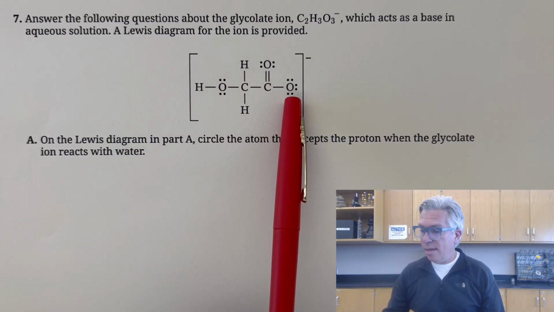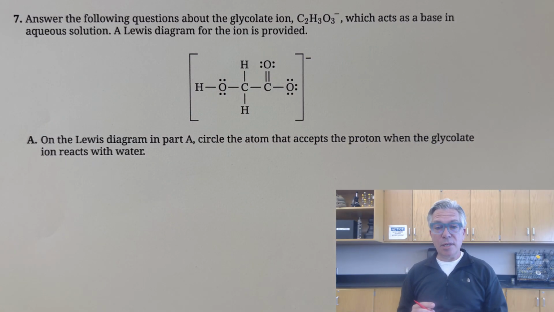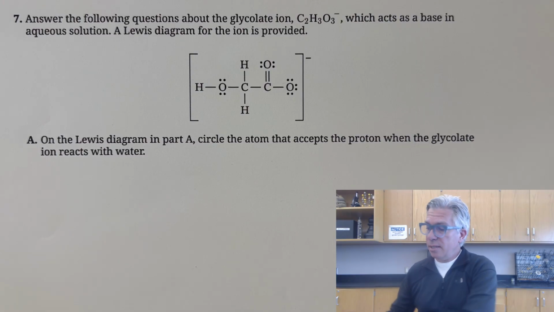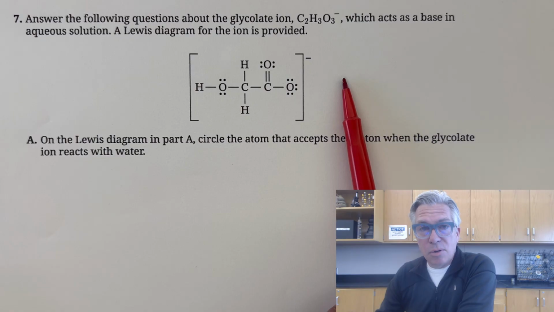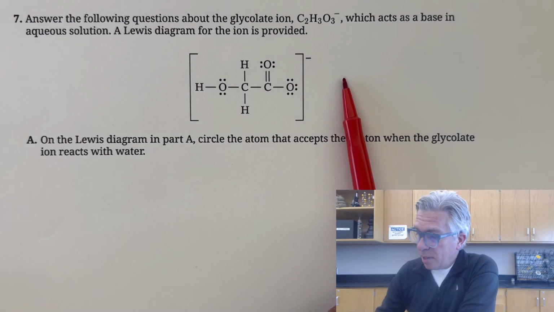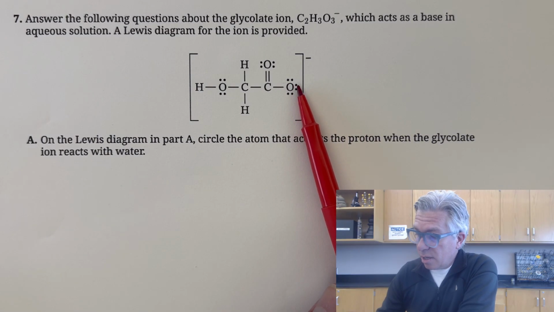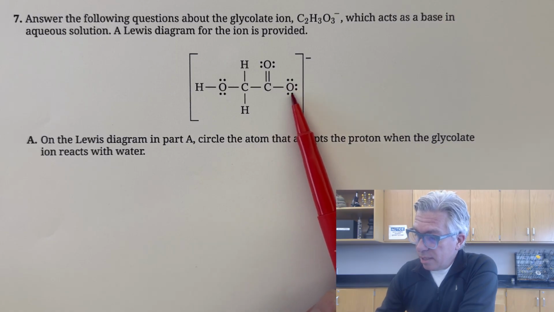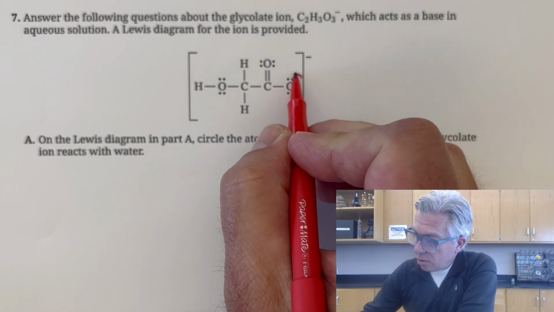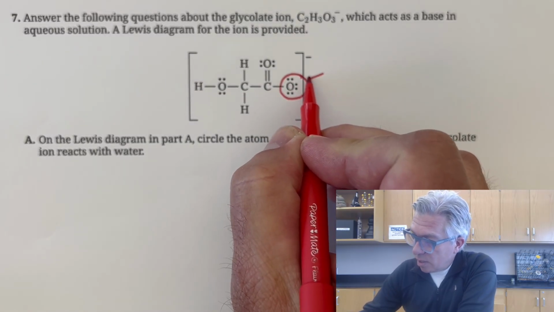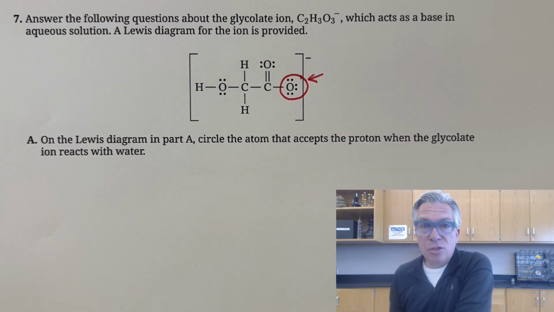So there's a couple electron pairs here, and those are also electronegative oxygens. But over here on the end, there's an oxygen with 3 electron pairs. And it's got 3 electron pairs because presumably it's donated a proton at some point in the past, and now it wants to reaccept that proton. And because there's 3 electron pairs, this is the most negative part of this molecule, and that's why it has a negative charge. And so I'm going to circle this atom right there,